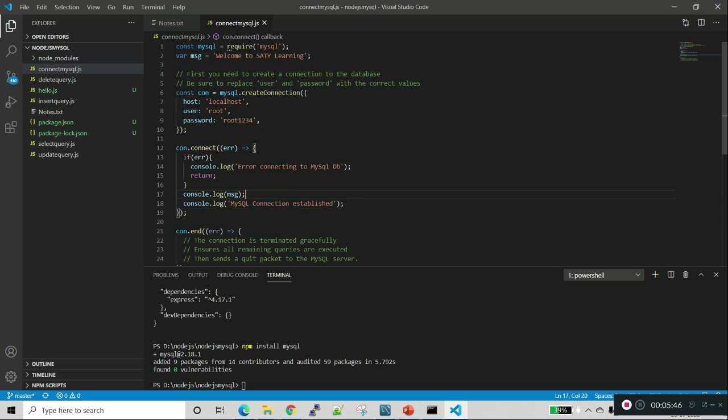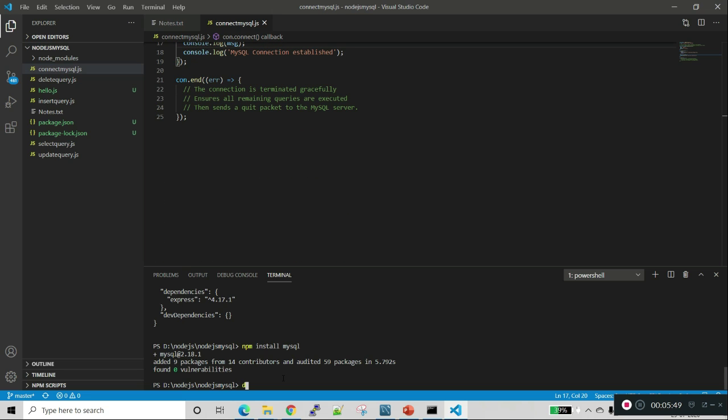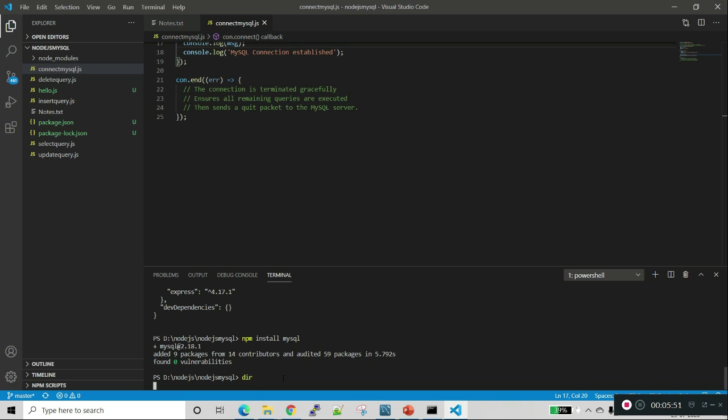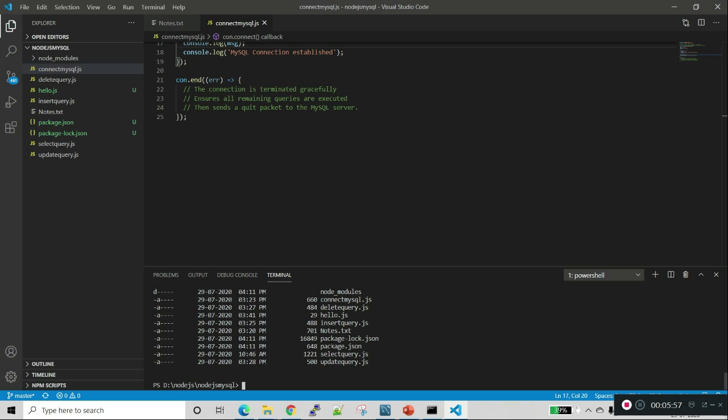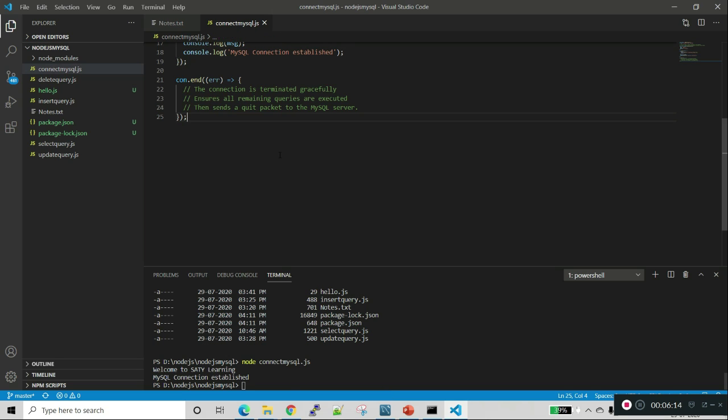So let's run this program. The command is node connect mysql.js. So the MySQL connection is established.